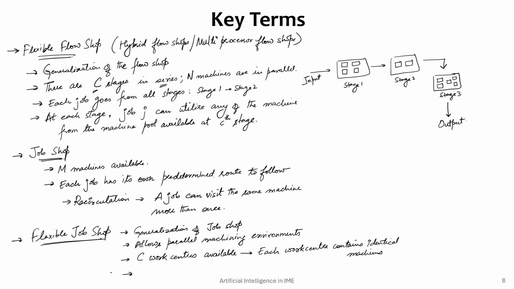But the most distinctive feature of job shop compared with flow shop is that each job has its own route. So, a particular job does not have to follow a particular sequence of machines to get its operations done, right? Okay, so let us stop today at this point